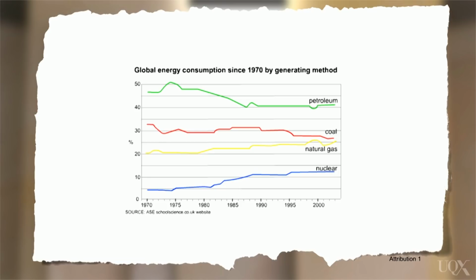Now, we need to write about this in more detail. When we do this, we must mention the data to support the description. Let's begin with the energy source with the highest consumption, petroleum. We'll use three expressions: peaked at over 50%, gradually declined, and has remained stable. Let's use these to make our sentences.